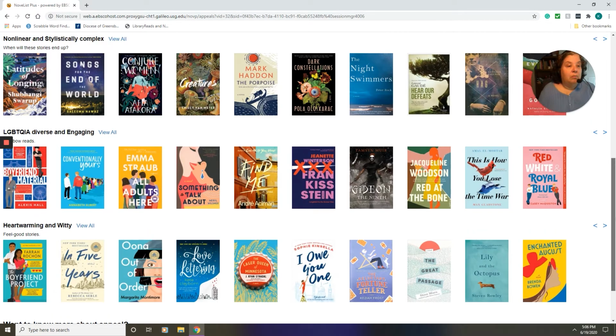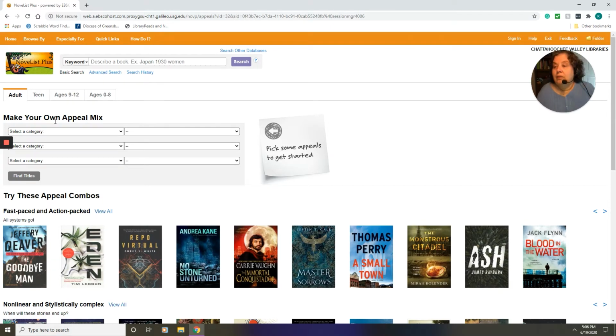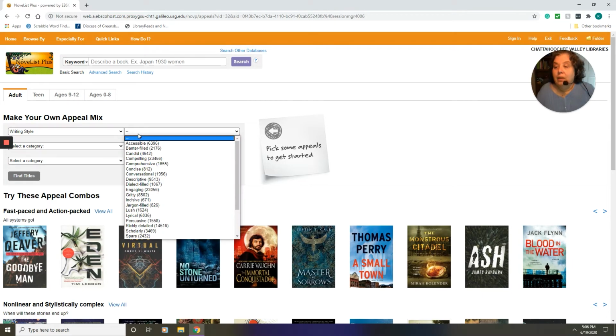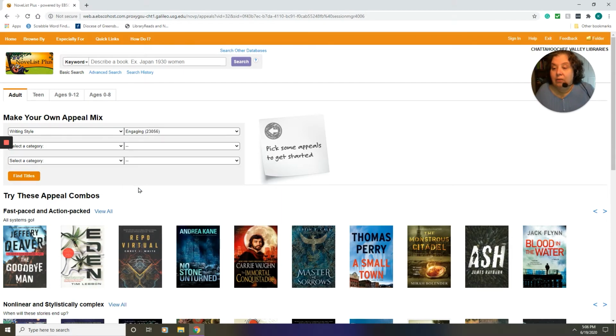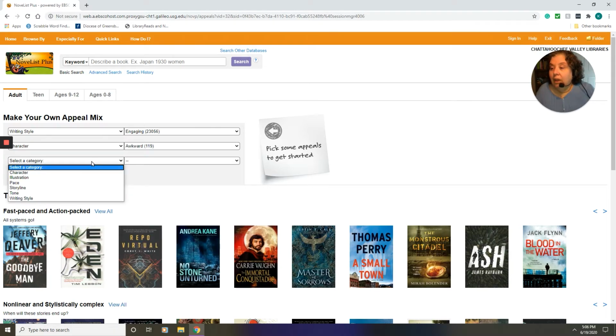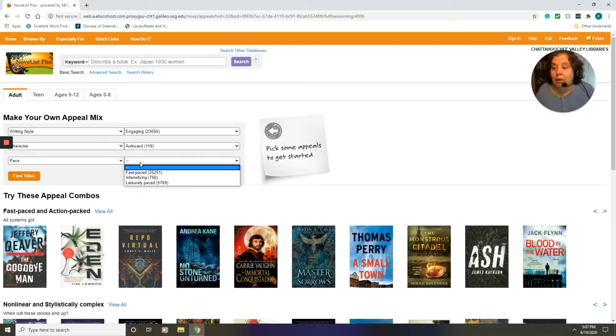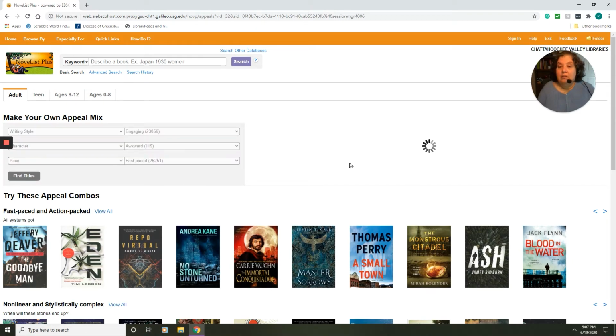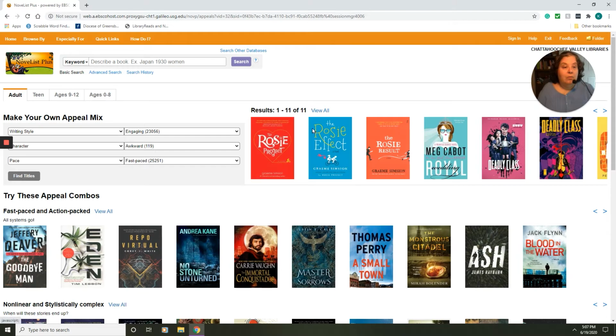that would be similar. You can also make your own appeal mix, and you choose a character, you choose a category, so writing style. Let's say we want an engaging writing style, and then character we want awkward character, and then pace we want fast paced, and then you just click find titles. And here's what we get. We get 11 books that may be similar to the ones that you've read before and that they think you